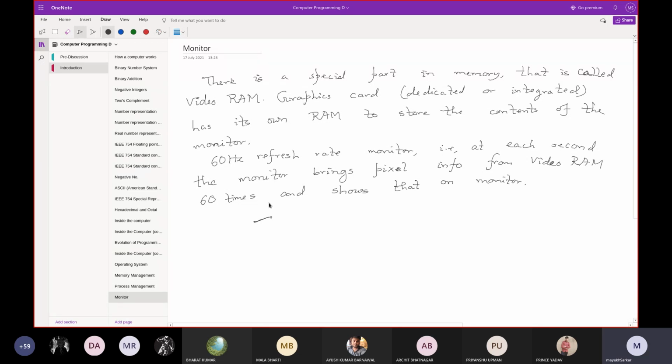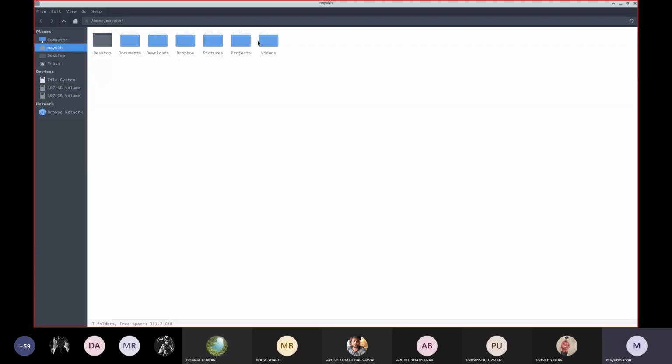Is it clear whatever I said till now? Yes, sir, clear. Okay. Now, to keep this application open, the operating system detects the currently opened application in front of the user, that is the file manager, right? Yes. And every second, 60 times, since my monitor is a 60 Hz refresh rate monitor, it is sending that information to the monitor. So it is doing something.